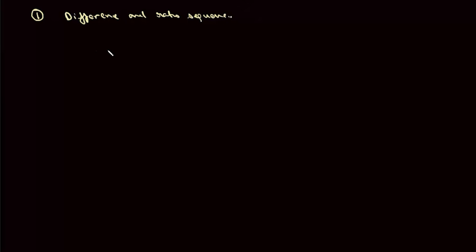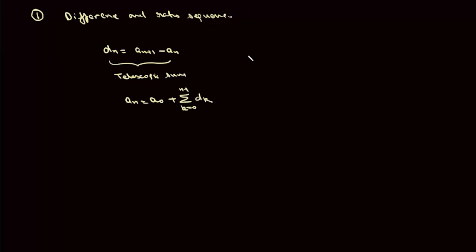So if we have a sequence which is defined by this difference d_n, which is a_{n+1} minus a_n, then here we can use telescopic sum to find a_n, and it'll be equal to a_0 plus this summation k varies from 0 to n minus 1